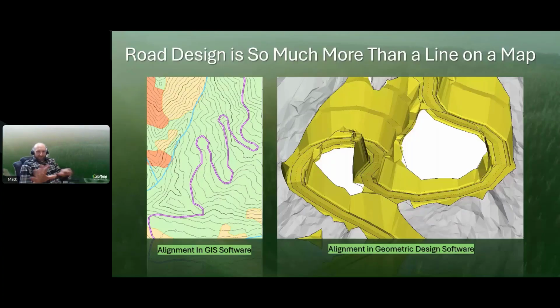If we compare these two images side by side, they're actually of the same project. It doesn't look too bad on the left, and it looks super gnarly on the right. This was a client's project. It didn't get built, but the use of the design software here was that a contractor wanted to plan to build a road to access a portion of their block, and the licensee or landowner came back and said, I don't think we should do that. They threw it in the software and very clearly articulated why it was a bad idea. One, it would be cost prohibitive if you could build it, and two, there would be all sorts of stability issues you'd have to navigate to build that too.